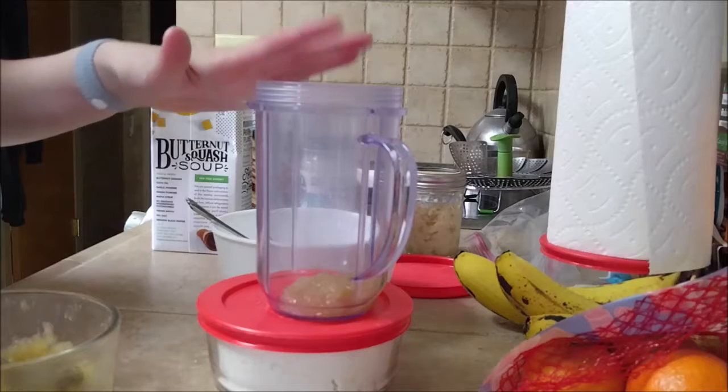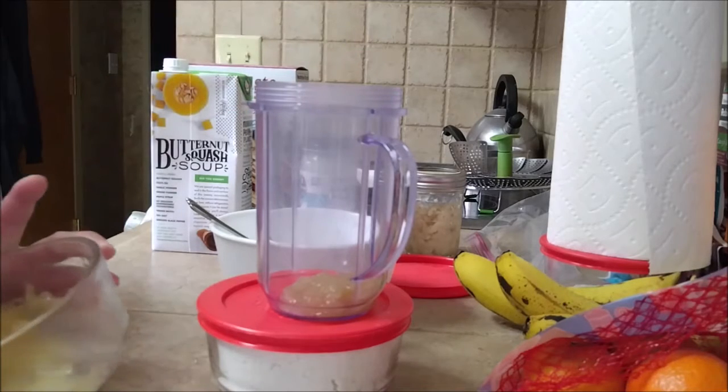So for the smoothie, you need strawberry yogurt, dairy-free, applesauce in my base, protein powder, and my milk, also dairy free. And then you need a cup and a spoon, and then the blender. So what you do, the cup, and then you're going to fill the applesauce into the